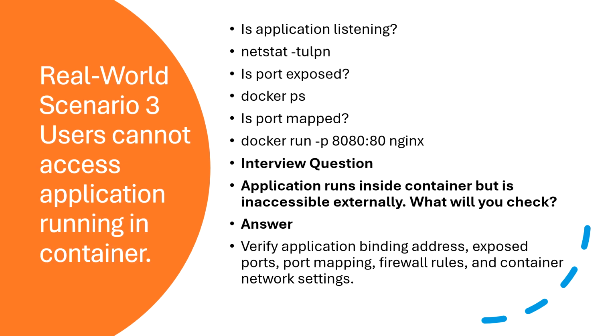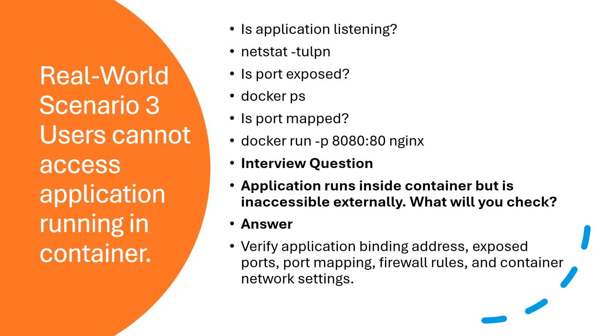We'll go to scenario 3. The application is running inside a Docker container, but the users are not able to access it. Certainly in this case, first we will have to verify whether the application is listening on the expected port. And for that, we would be using the command netstat